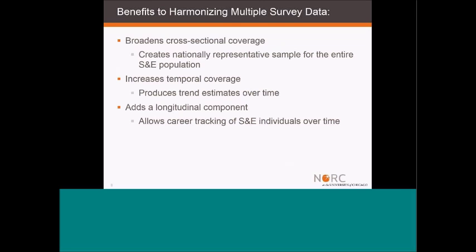So you can see the motivation for integrating three different surveys. The benefits of harmonizing multiple survey data are related to this program, but I think we can also generalize to other situations. By combining, it can certainly broaden the coverage of the sample in a cross-sectional way, in this case a nationally representative sample. The other thing is, it's not physically combining the data, but this is a survey repeated biannually. If you have the survey over time, then you can do time series analysis or trend analysis.